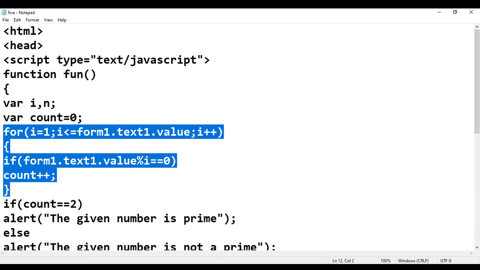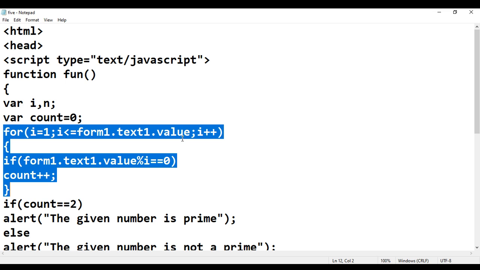Form1 indicates whatever output we have seen, that is represented as a form. This is a form which has a text box. This is the text box. And here whatever we display is being written in the code, and this is the button. So I'll be writing the code similar to that.